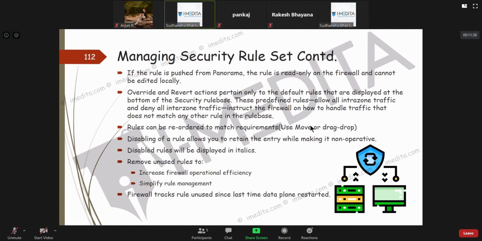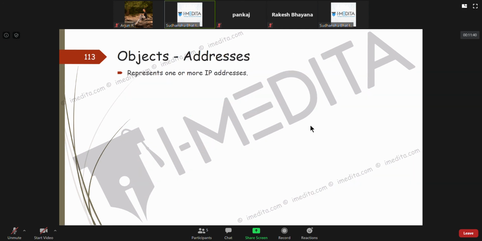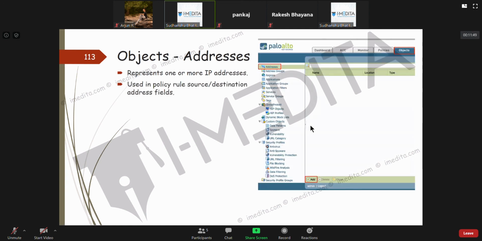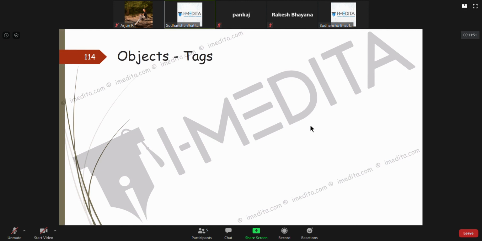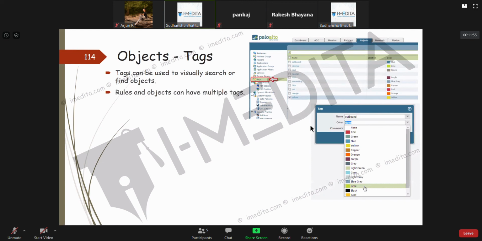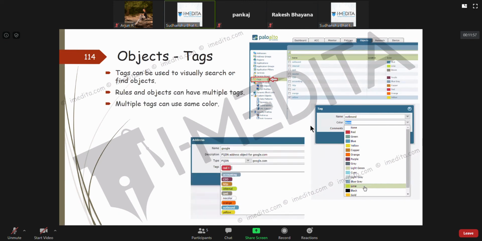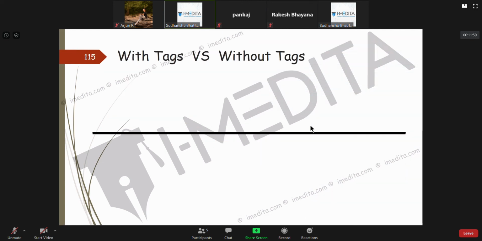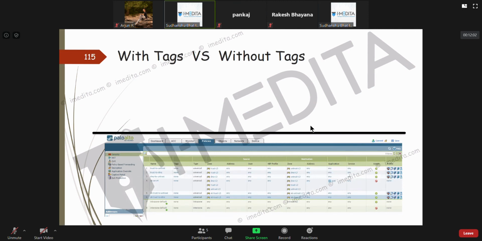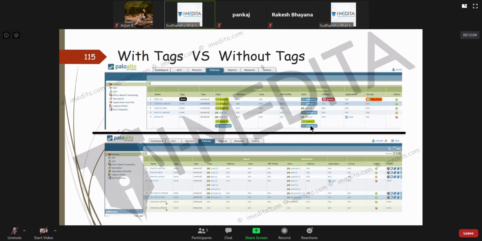And then we went and discussed creation of objects in the firewall. In that we discussed address objects, and tags, how to utilize them, and how the configuration looks with tags and without tags.